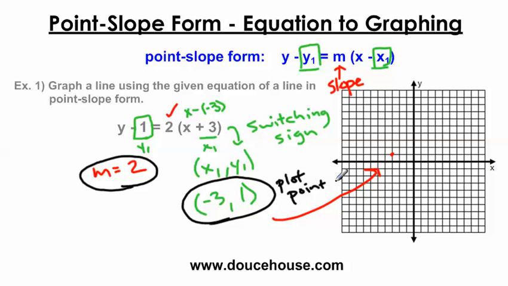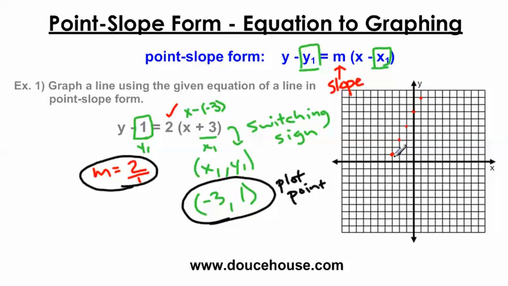And then I'm going to use this slope of 2 and do rise over run from this point here to help create the line. Now slope of 2 as rise over run, I need to make that into a fraction, which is 2 over 1. And so from this -3, 1, which is the starting point, I'm going to go up 2 over 1, and I can keep going up 2 over 1,